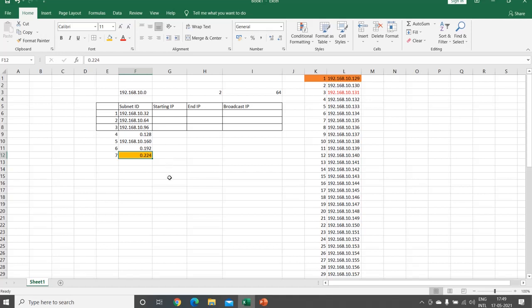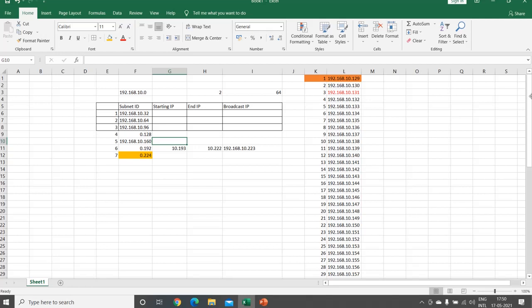Since dot 224 is my next subnet ID, the previous IP will be the previous sequence number, right? So it will be 192.168.10.223. This is the last IP, and that is the broadcast IP. The previous IP will be 10.222, and the next IP will be easy, right? 10.193.